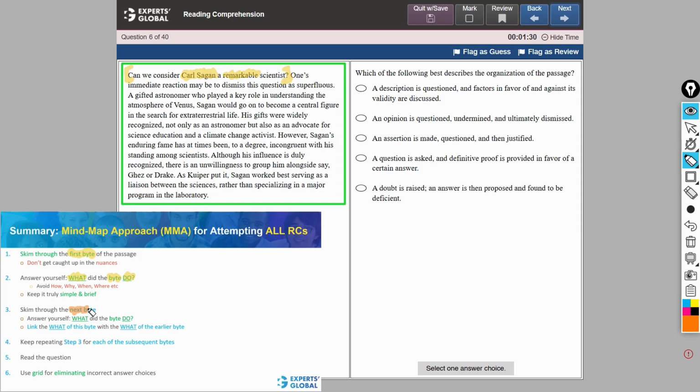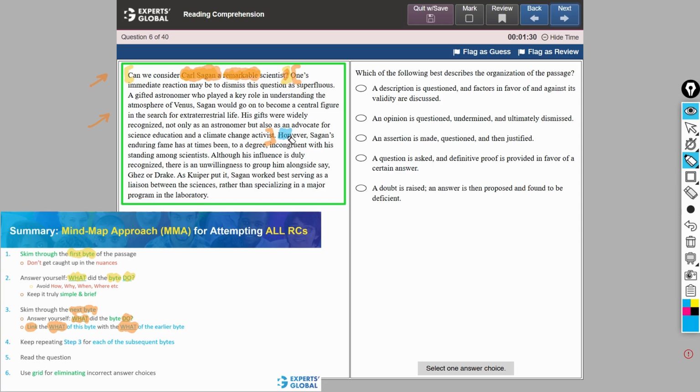Then the next byte can be this part of the passage. What does this byte do? It develops a case for why this scientist should be considered remarkable. And now, how do we link the two bytes so far? A question was raised, and then a case was built for why the answer to this question should be a